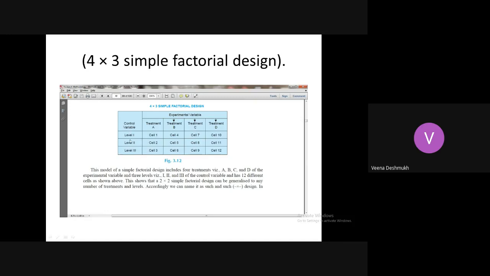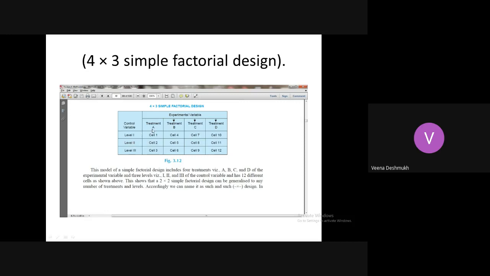So the total number of classes or groups or cells you are going to get is 4 into 3, which is equal to 12.